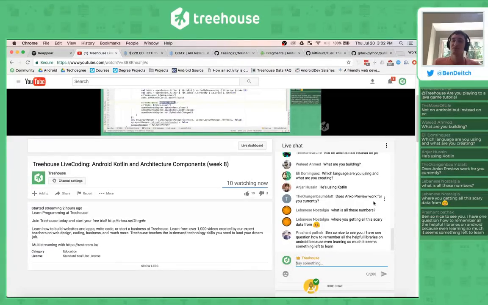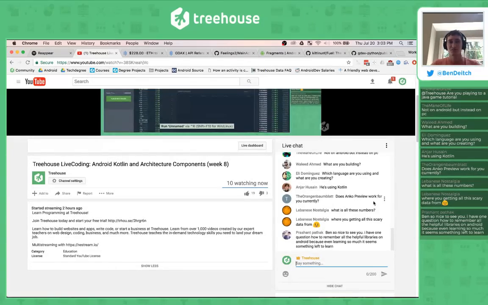Does Anko preview work for me? No, I don't think I've ever. Well, to be fair, I haven't tried Anko preview for probably a year. But a year ago, I did give up on it completely because it just wasn't working very well. So hopefully they get that better to the point where it does work, because Anko is really, really, really nice